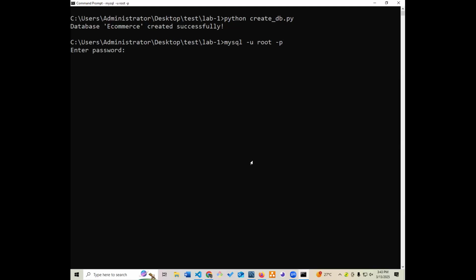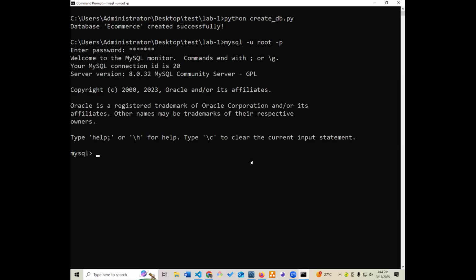Write mysql -u root -p. Then add your password. If your password is 1234, I'll add that. Mine is pass123. When I press enter, I'll log into my